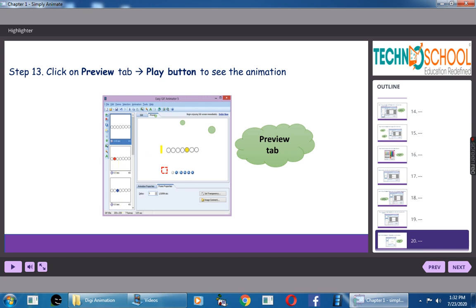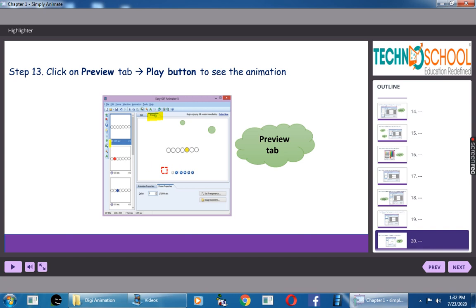Now, to view the animation, you can click the preview tab. Before saving it, you can check with the help of this preview tab. Near edit you have preview. This preview will show how the drawing is playing. If you are satisfied, you can go for saving.